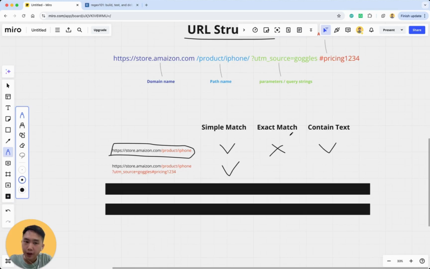And for the exact match, do you think that it is a match or not? The answer is it is not a match. And the reason is that although it seems like it is matching, because you have the main URL part, and the second half is also matching,